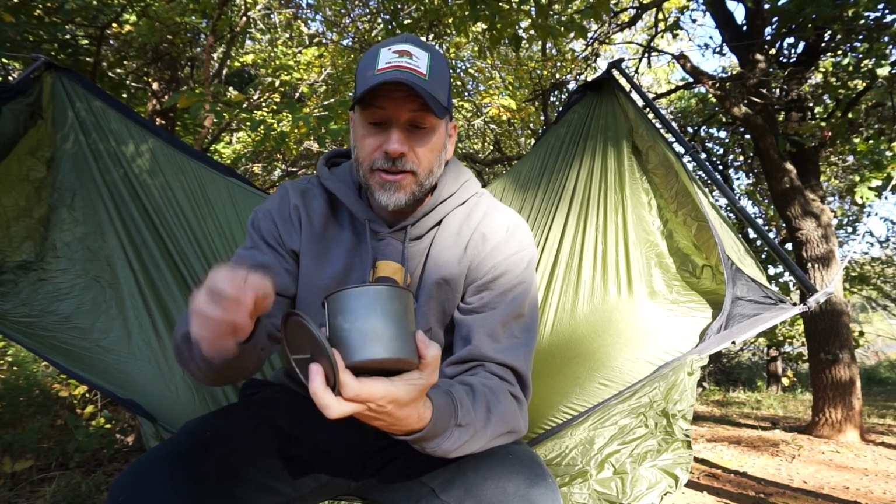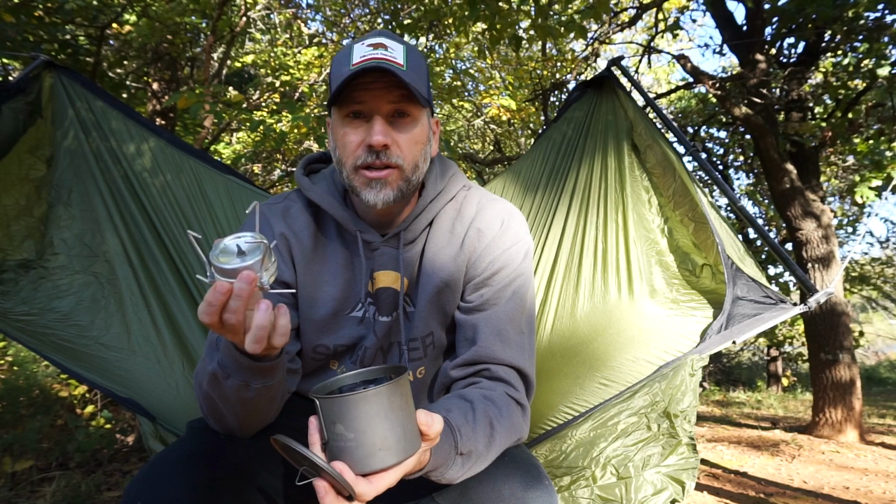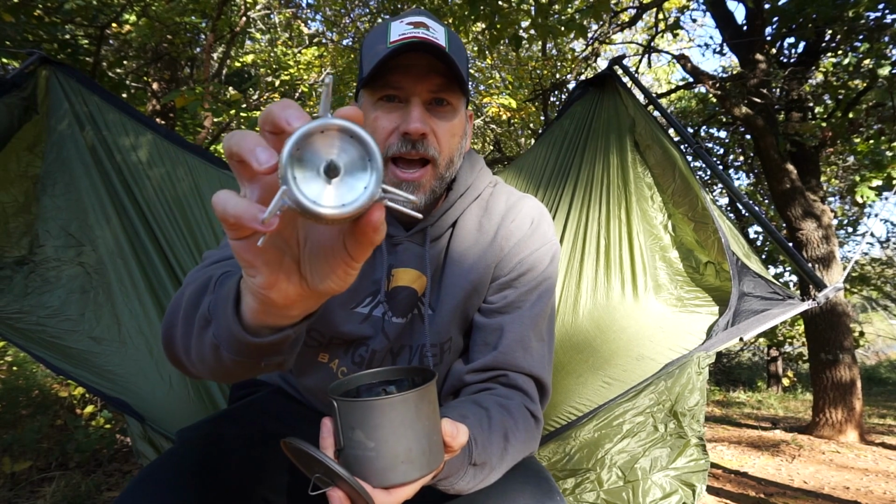Now, specifically with this cook kit, what I really want to talk with you guys about is the stove that I've been using. So this is the Batch Stoves IS 2.0. This is the integrated pot stand from Batch Stoves, now available at Dutchware Gear. Talked a little bit about it on the video, and I've done a little bit of a boil test and review on it. Great little stove, has fiberglass wicking around the edges, has the 8 burner holes on the top,